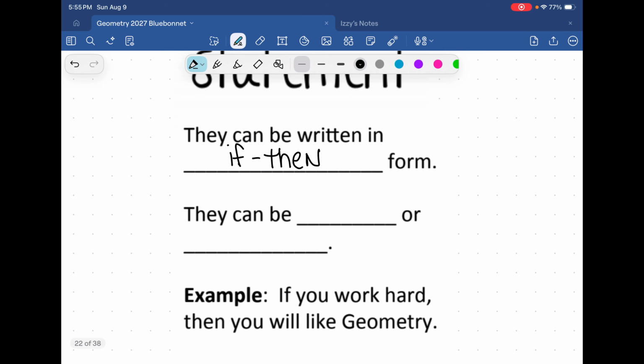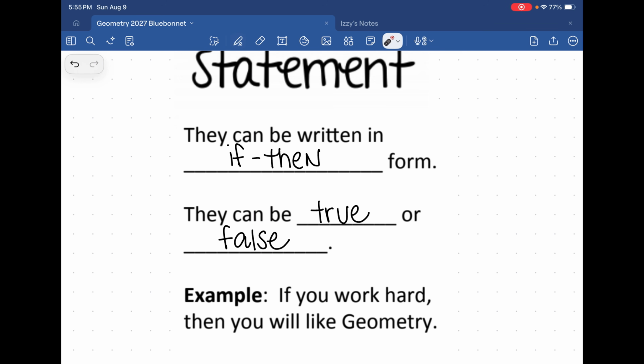They can be true or they can be false. Let's take a look at an example. If you work hard, then you will like geometry. We're going to see that very classic if-then